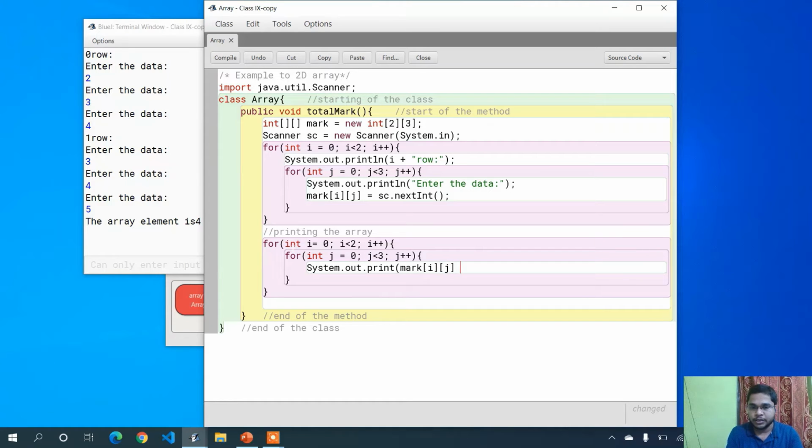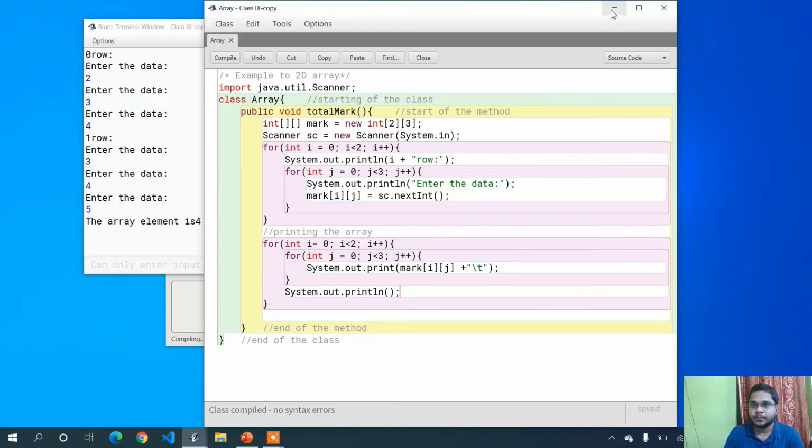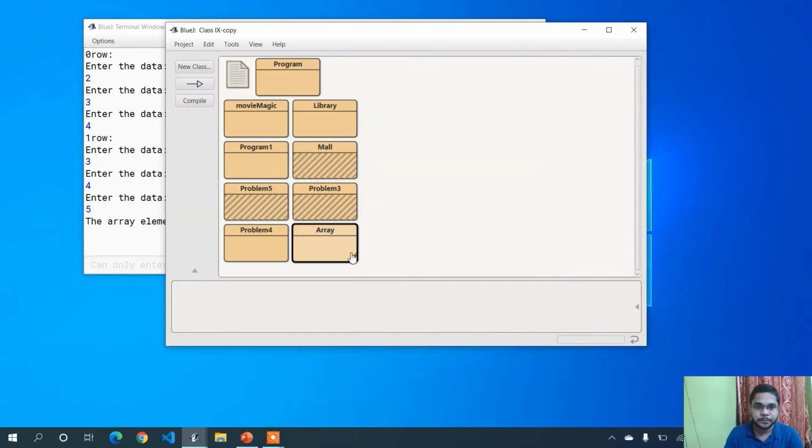Then I concatenate with an escape sequence, that is backslash t. Clear. And at the end of my column loop, I have to give a statement to go to the next line, so System.out.println, that's it, bracket close. Let's compile the program. There is no error.